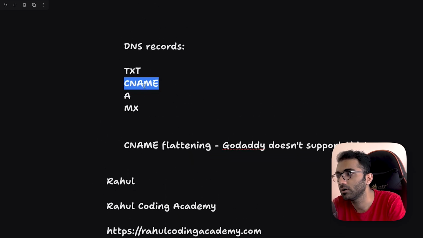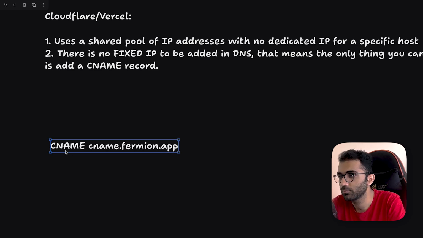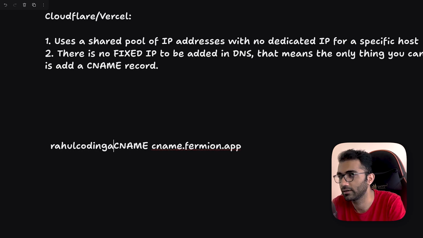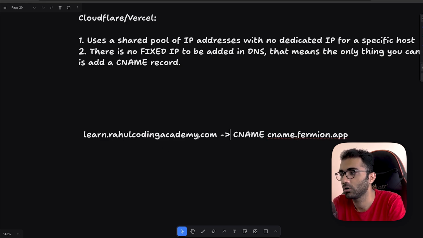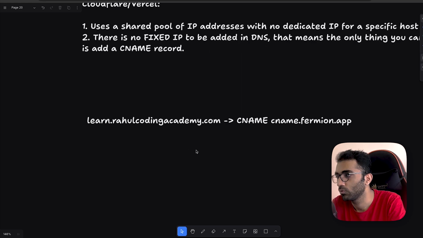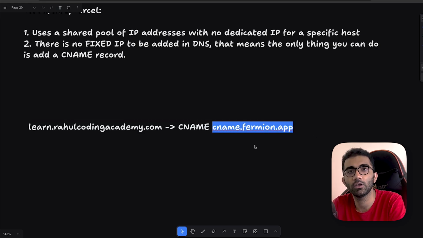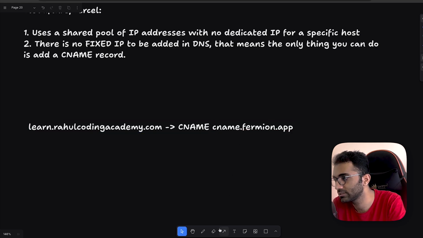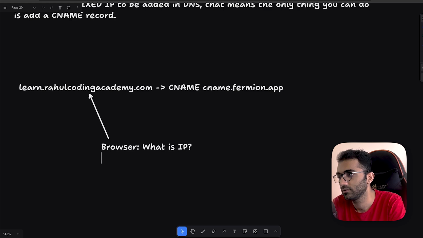Let's say you have a CNAME record of cname.fermion.app pointed to learn.rahulcodingacademy.com. What's going to happen is that your browser will actually go to cname.fermion.app to get the IP address of the CNAME itself. The browser comes here and asks, what is the IP?